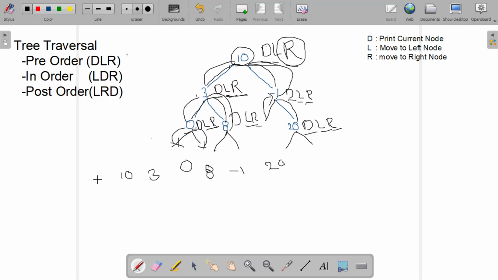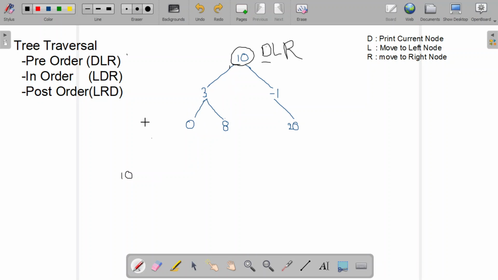Like here we got the pre-order traversal by using the DLR function. In the same way we are going to do in-order traversal, applying the LDR function. In in-order traversal, first we need to go left.